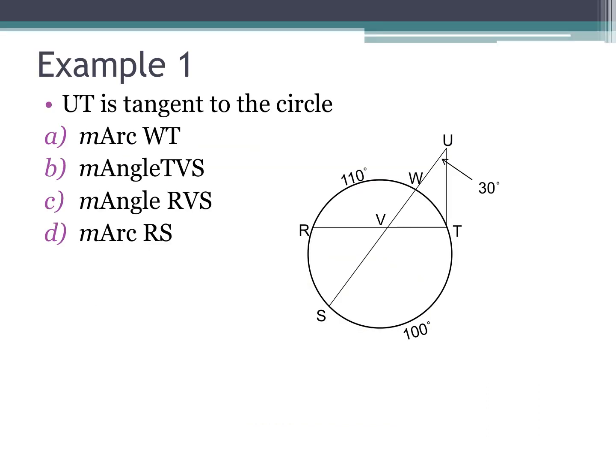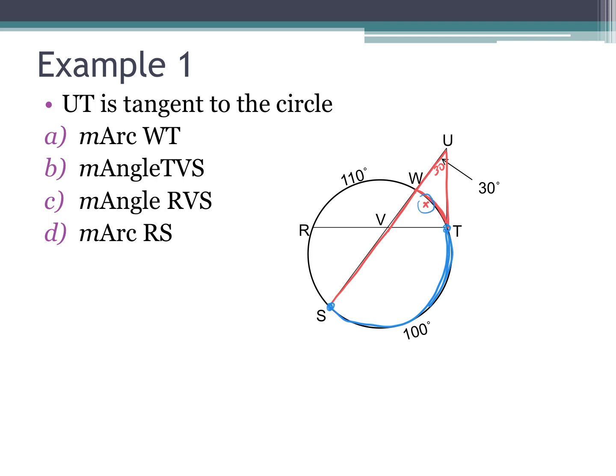So now we're going to apply all the things that we learned, and we're going to try to figure out all the missing pieces. So the first thing it's asking us for is the measure of arc WT. So it's asking what is WT. So WT is our unknown here. Let's call it X. Notice that we know this is 30. And notice that this angle that's 30 degrees is made from this angle here. So what happens is that we have this large arc far away, which measures 100,